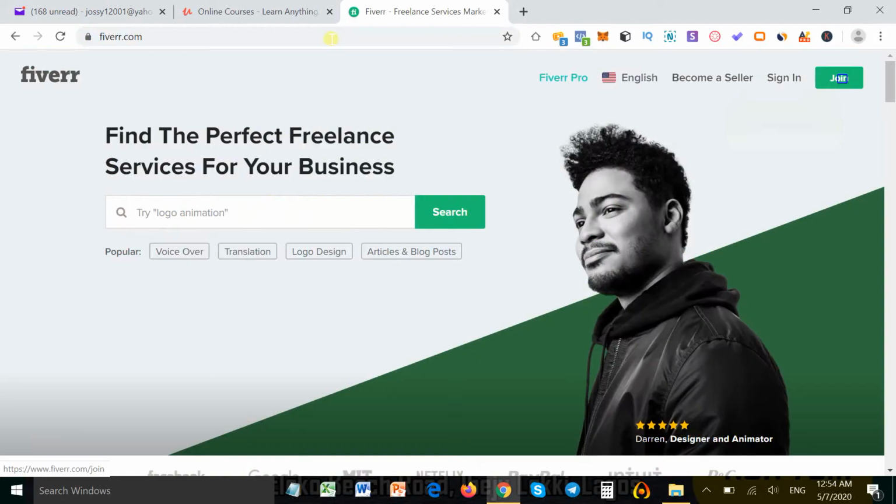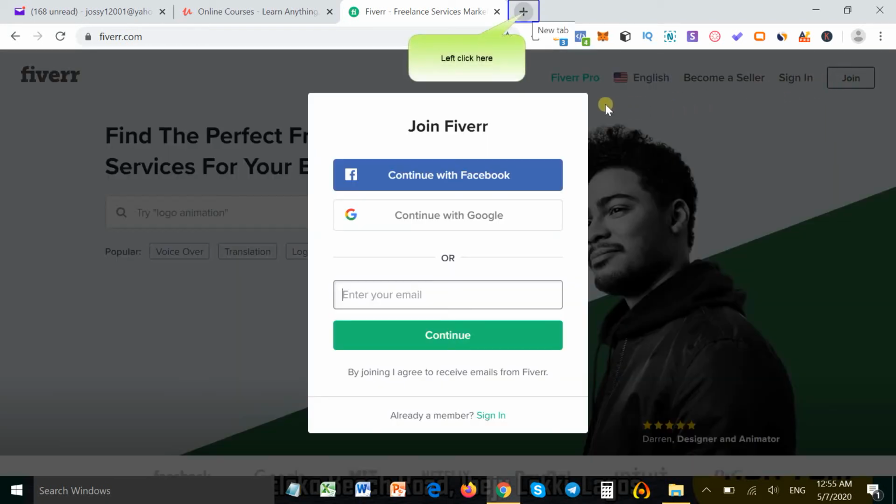fiverr.com. So at this Fiverr, you have to sign up or join. When you click join, then you sign up with your email, then they will send you a confirmation email like that of Udemy. On that confirmation email, you'll be directed back to Fiverr. Then you register fully on Fiverr. Then you become a member or a seller. As a seller, what you learn from Udemy or Skillshare, you can start doing it on Fiverr, or you go to